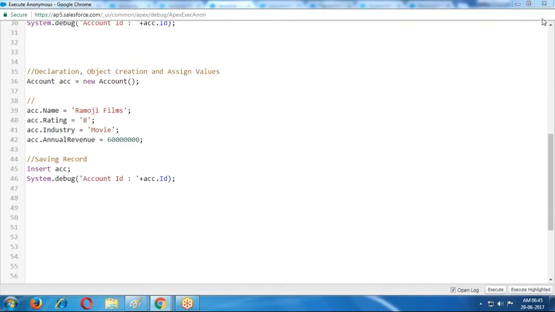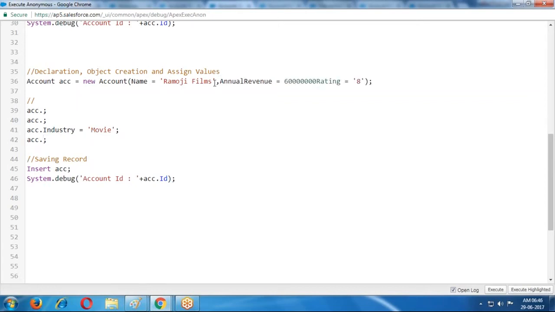Declaration, object creation and assigning values within a single line. How to do it? Instead of writing these values separately, we provide them in the constructor. Can I take it here?